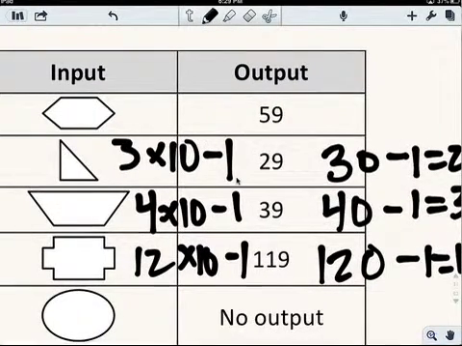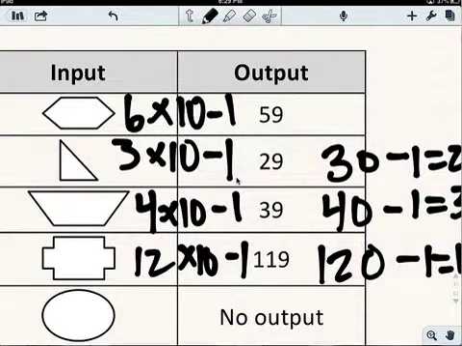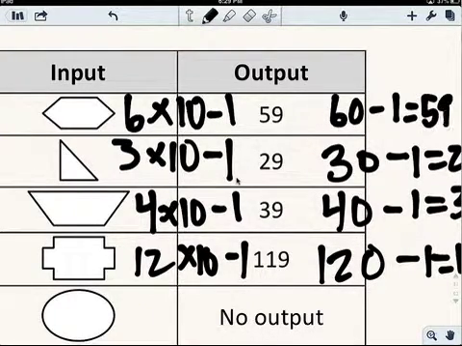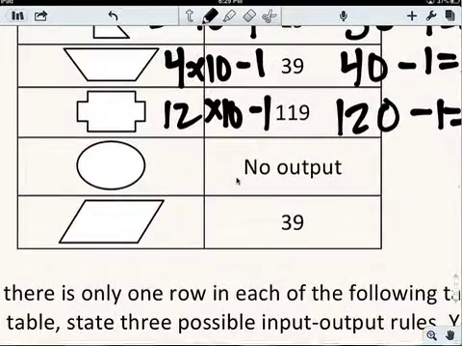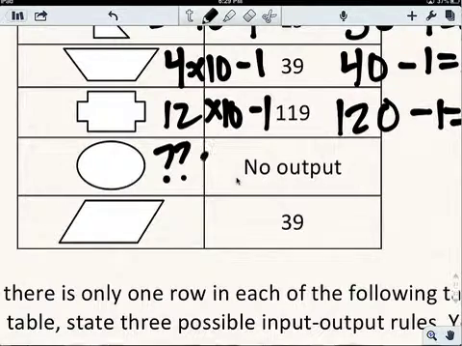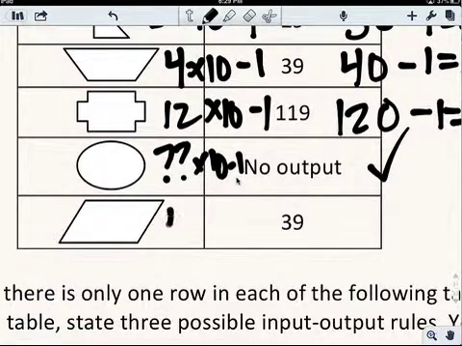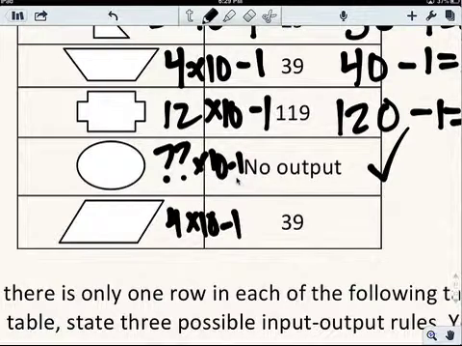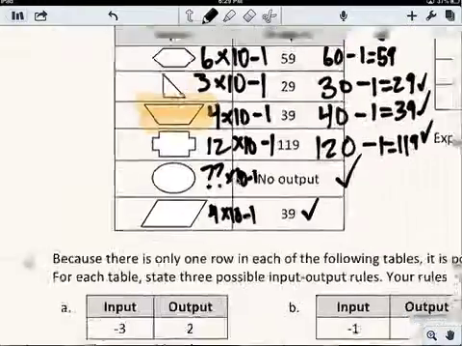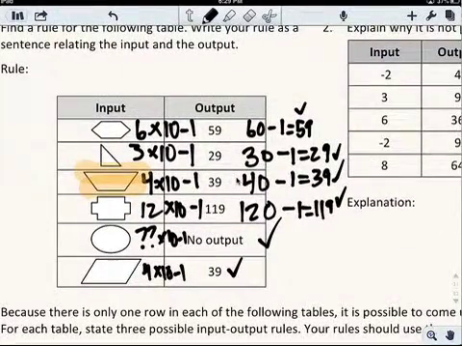Let's test on the other one. So there's 6 sides here, times 10 minus 1. So that's 60 minus 1 equals 59. And that one works. This circle doesn't have any sides, so it's kind of like question mark times 10 minus 1. So that kind of works, I guess. Here's 4 times 10 minus 1 again, and that does give me 39 because it worked for this shape up here. So it looks like my rule has to be